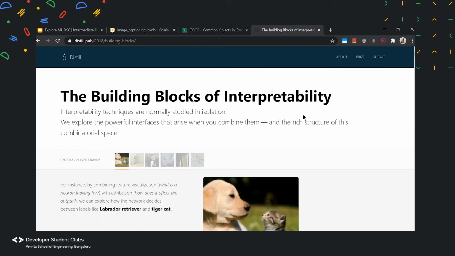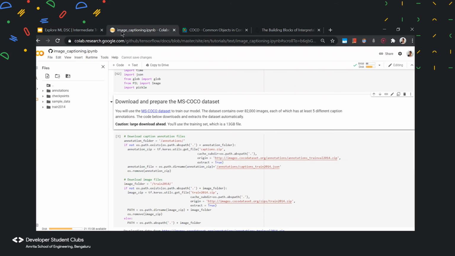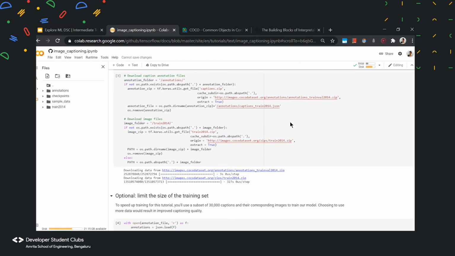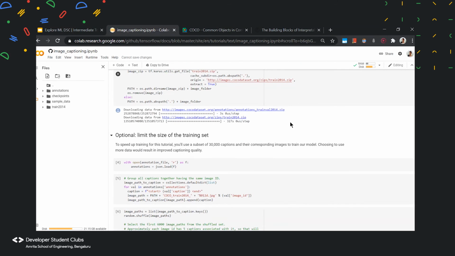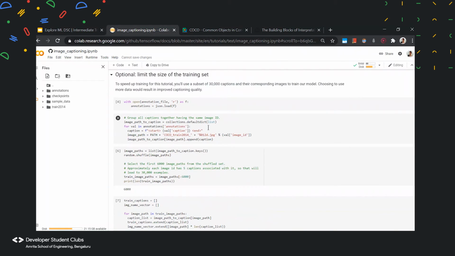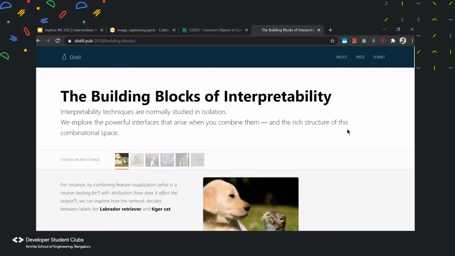This is a website, distill.pub, which is for visualizing what is happening in your neural network. Now, we did look at a considerable amount of code, and it's pretty difficult. Given the previous sessions, we have moved to a much higher level, and hence we haven't dwelled deep into what's actually happening, because sometimes the true essence of your neural network is lost when you go into the details. But again, it's important that we can interpret our model. So this website actually helps us do that.